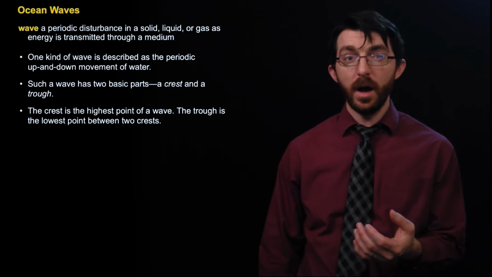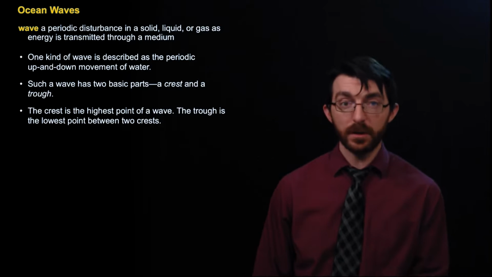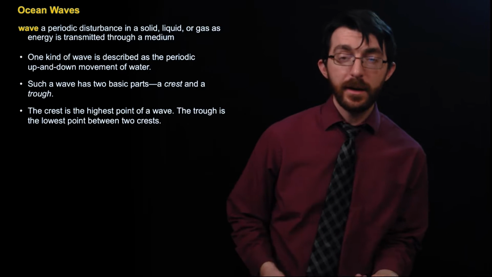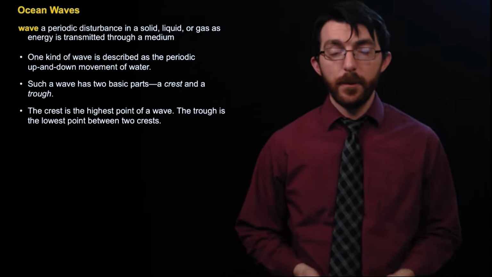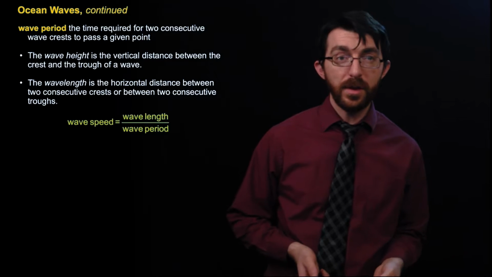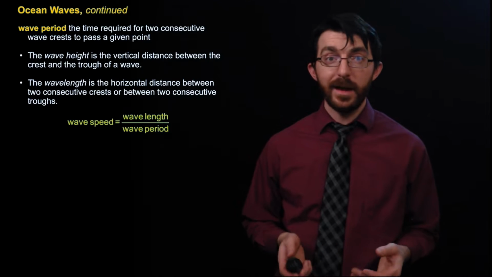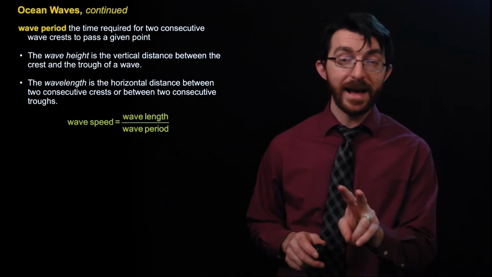One wave has two basic parts. It's got a crest and a trough. So the crest is the highest point of a wave, and the trough is the lowest point between two crests, right? So the period of a wave is the time required for two consecutive wave crests to pass a given